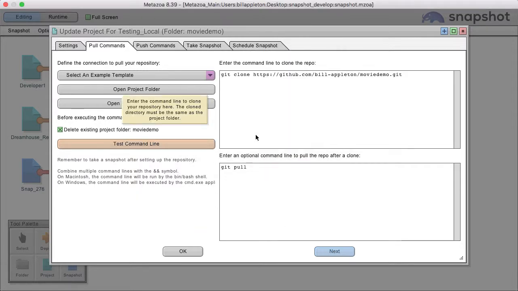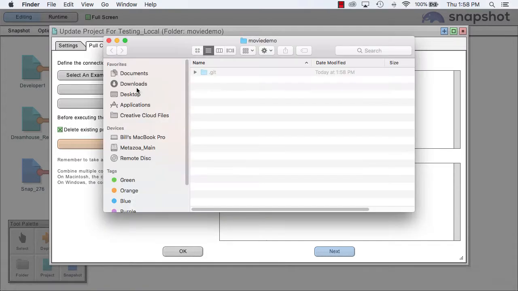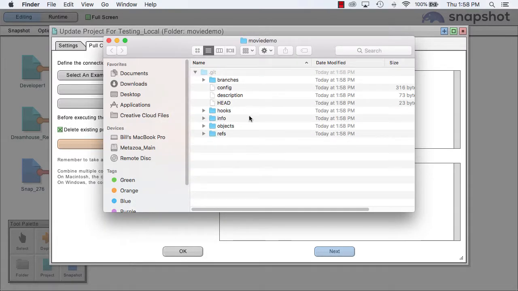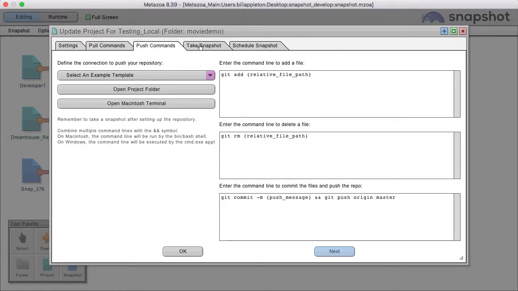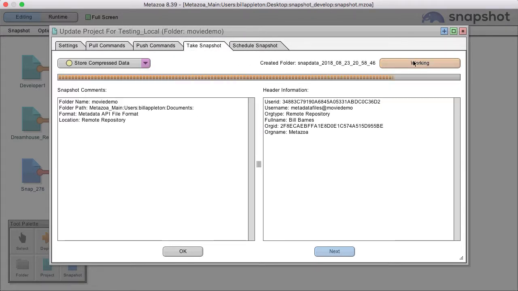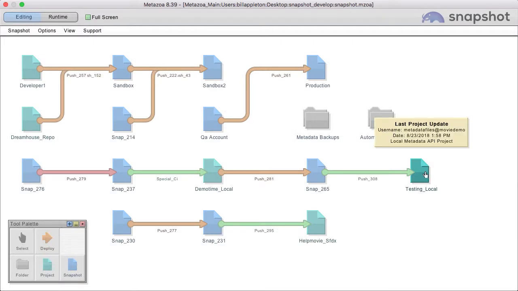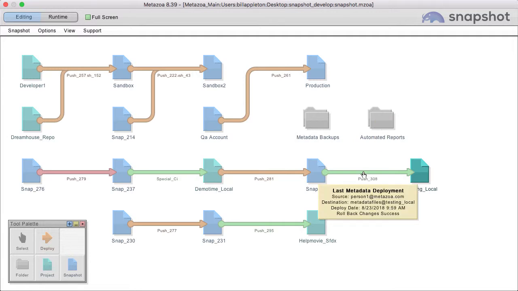And it worked. And let's open the project folder. There it is. You can see it's a Git project with nothing in it. And now let's take a snapshot with nothing in it as well. And so now this is all set up as a destination. And just to show you how that works, we can now go to continuous integration,